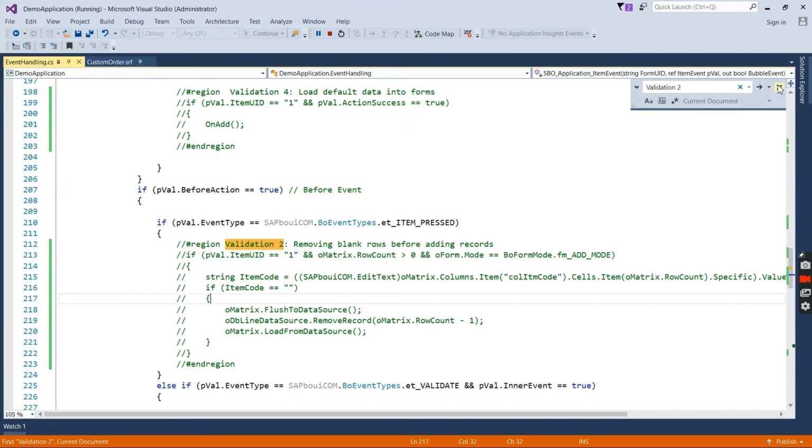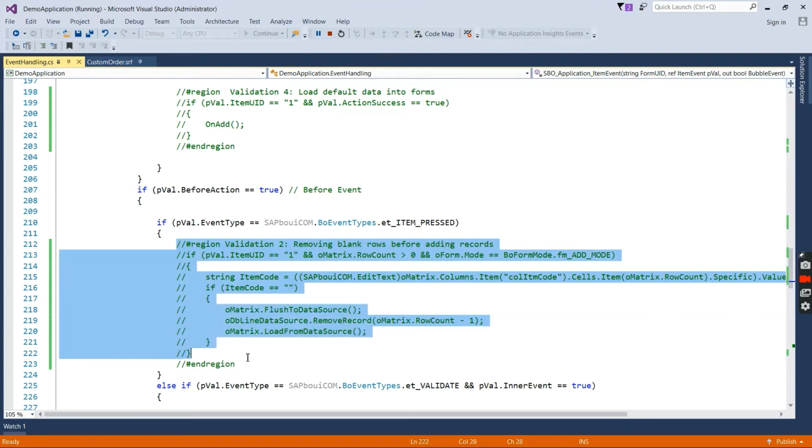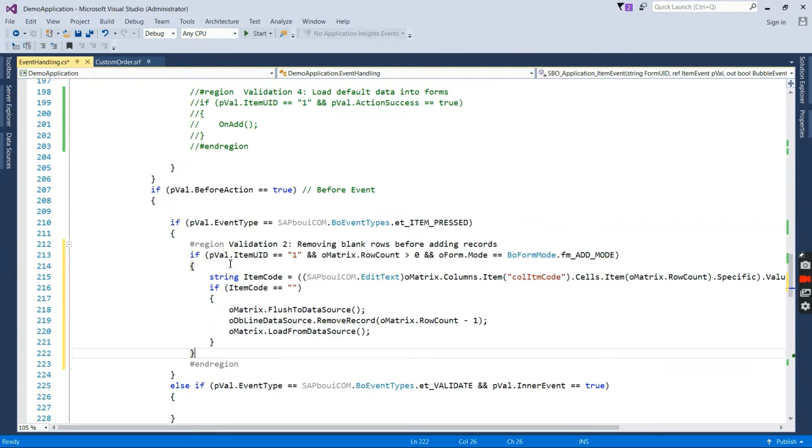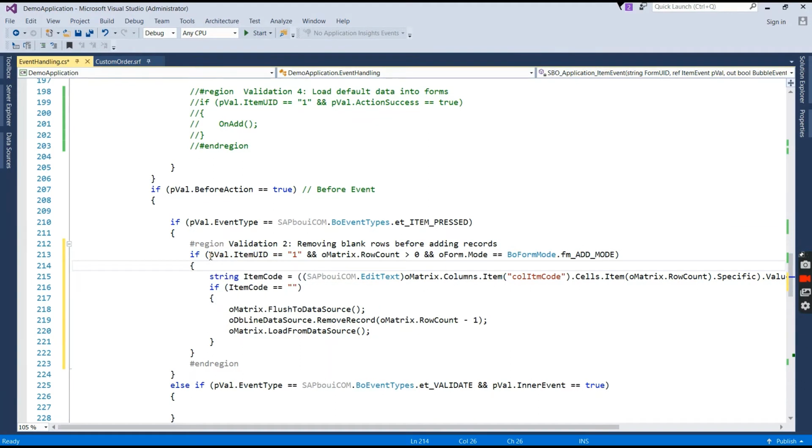So this is the code. Let me uncomment and explain it. On the item pressed after event, we are checking whether it is the default button.